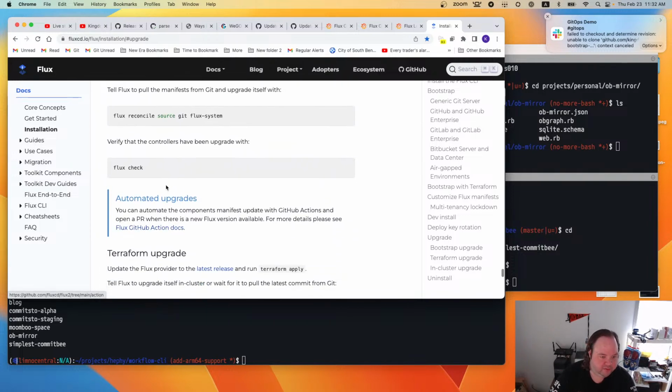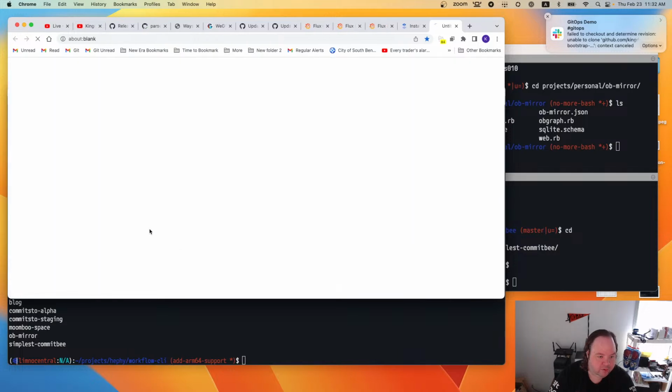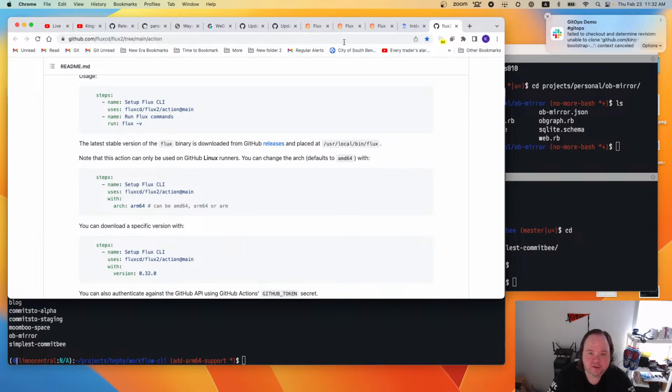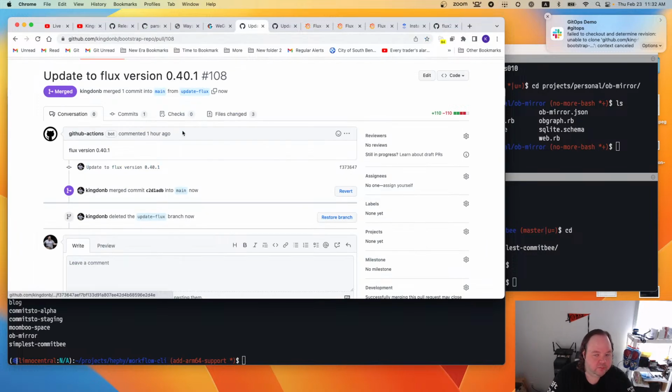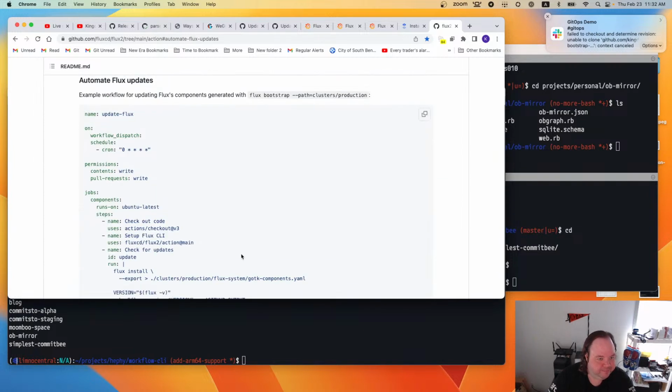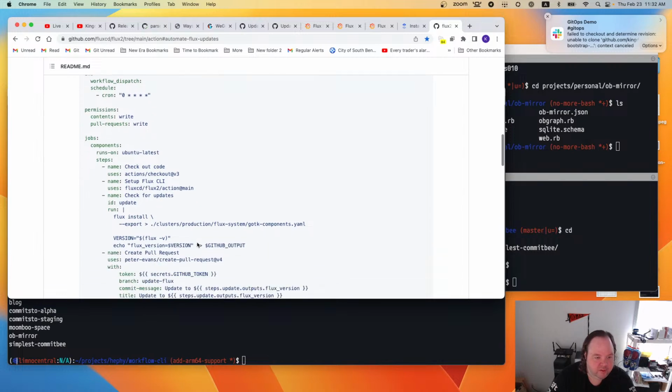And you can also follow this link to the GitHub Actions configuration, which is exactly what we've done to create this pull request. This configuration here uses the Flux GitHub action for installing the Flux CLI. It runs an update command that simply overwrites the GOTK components.yaml. If you have more than one Flux cluster, like I do, you can point it at multiple, just repeat this command, and